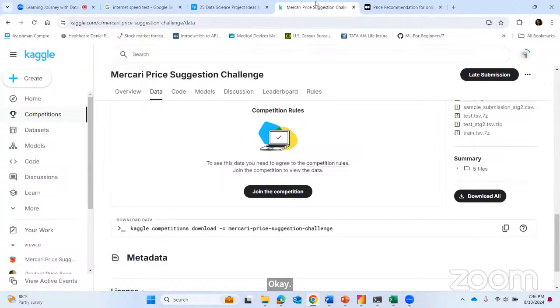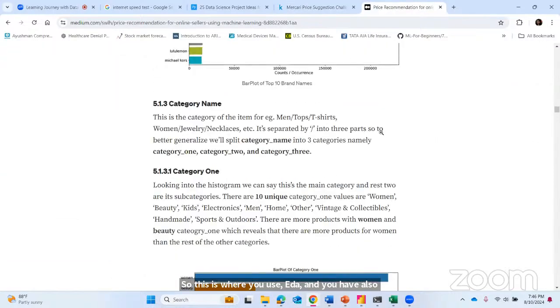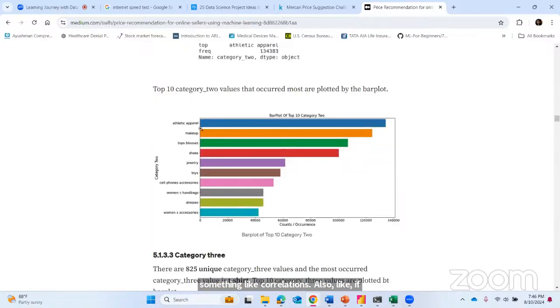So this is where you use EDA, and you also have something like correlations. Like if I want to understand how correlated my price is between toys and jewelry, or shoes and toys. If you understand the correlation, let's say makeup is dominating all these things. If you try to remove the outliers or unnecessary data in the makeup, then you can say everything will be like correlation is nothing but